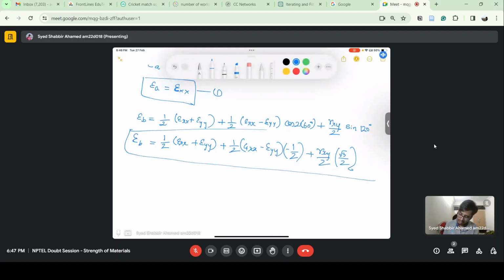So you can take this as an equation, and then we have the normal strain in the C direction, where theta is 120 degrees. Epsilon C equals (epsilon xx plus epsilon y) by 2, plus 1 by 2 (epsilon xx minus epsilon y) cos 2 into 120, plus gamma xy by 2